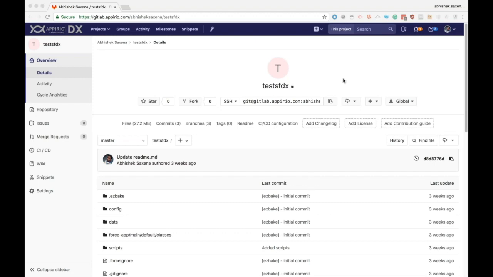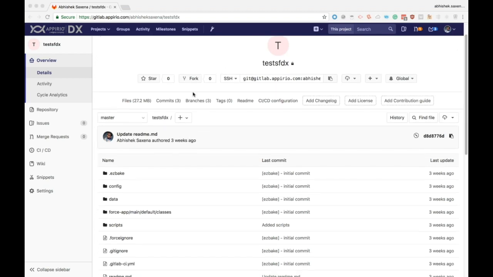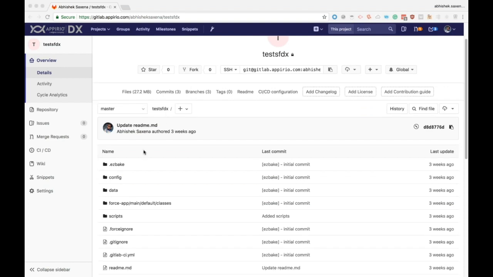Hey guys, so in this session we would be talking about GitLab CI, how to integrate it in your project, and just familiarize you with the basics of GitLab CI. GitLab has integrated CI/CD pipelines to build, test, deploy, and monitor your code, and this whole package is known as GitLab CI. To use the power of GitLab CI in your project, you need to simply add a